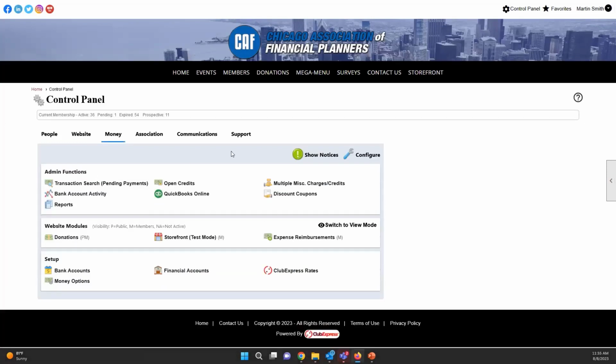Money. This is pretty simple. What's coming in, what's going out. We have multiple reports to be able to support all of that. Overall, there's over 400 reports that are built into ClubExpress. For those that are running QuickBooks, desktop and online, we integrate with them. And I would very simply come up here, and since I've already preset,